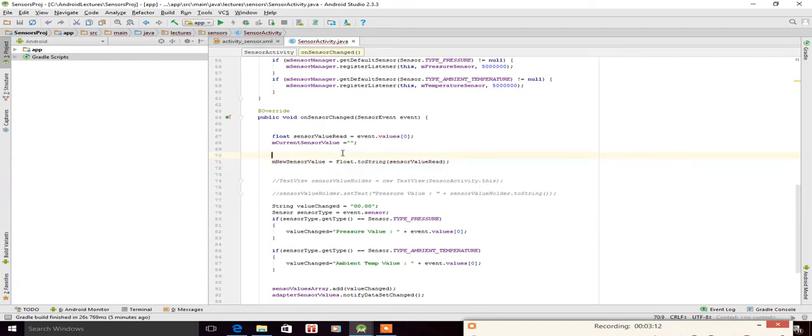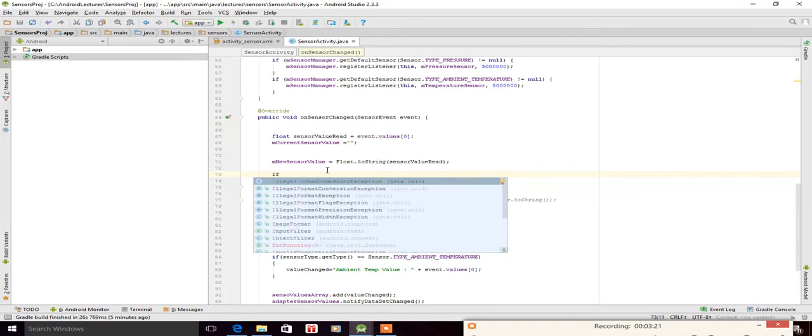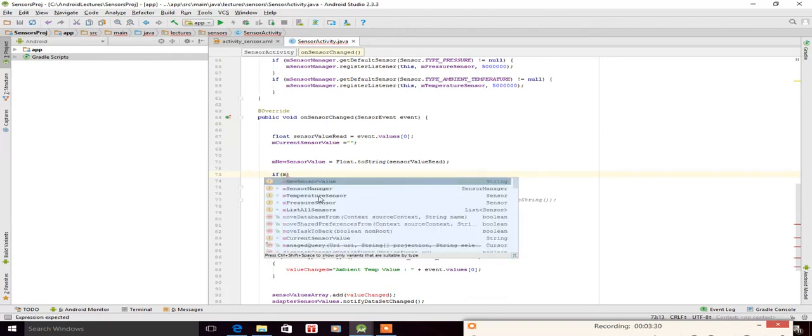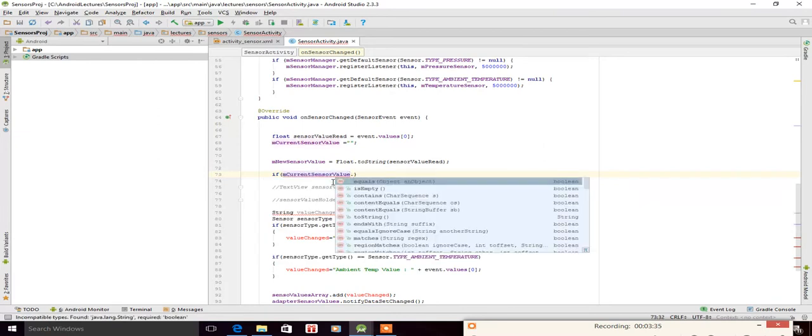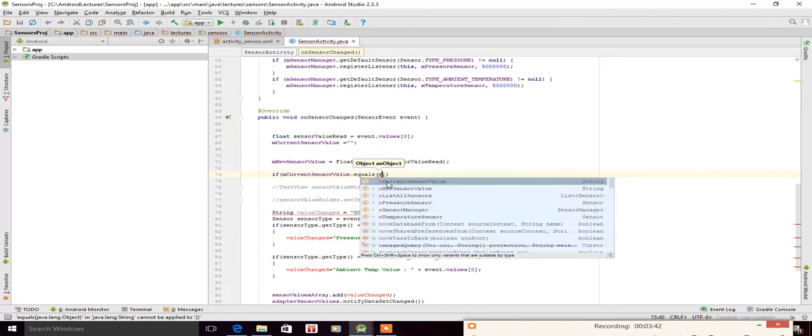Yes. Now we will compare the two. If m current sensor value dot equals, these are strings, so we can use the dot equals operator on them, m new sensor value,